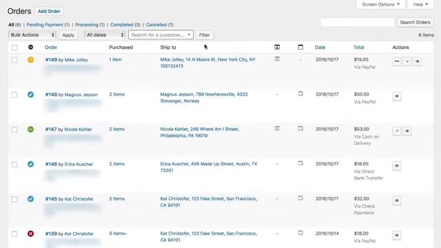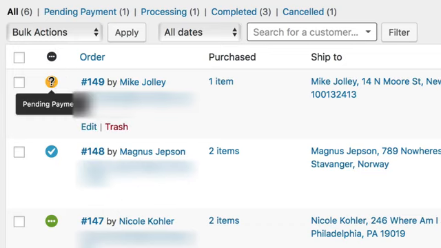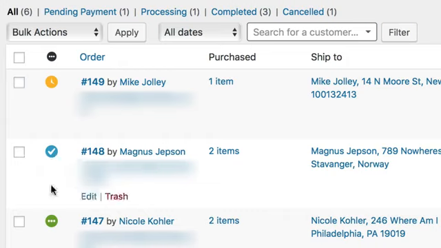Beneath those options, we have some new columns. From left to right, we first have the order status. These are represented by icons which you can hover over to see their meaning. The included statuses are as follows: pending payment, which means the order has been received but is unpaid. Failed, the payment failed or was declined. Order is unpaid. Note that this status may not show immediately and instead shows pending until verified with certain gateways